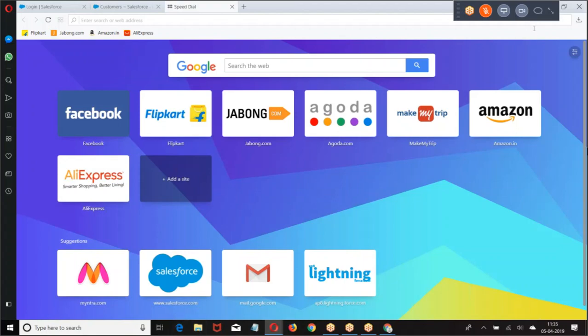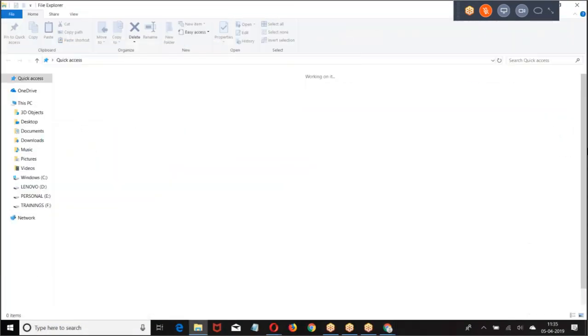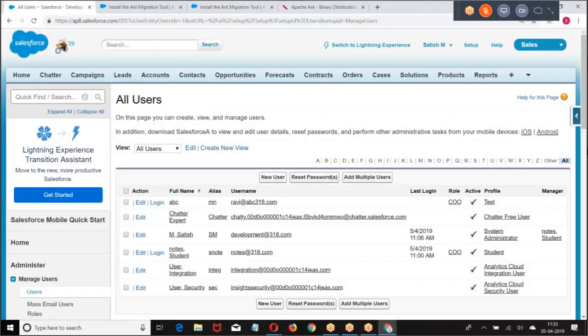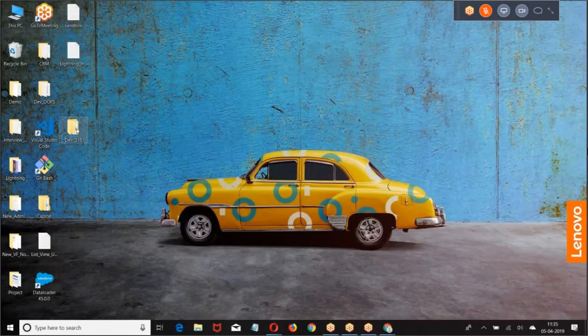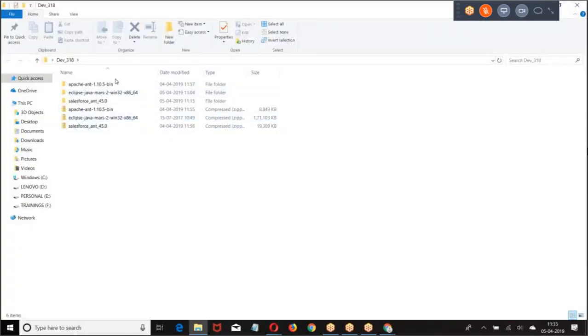First, download Eclipse. Go to eclipse.org. Download the latest version of Eclipse. Then you get a zip file like this. When you get a zip file, extract the zip file.